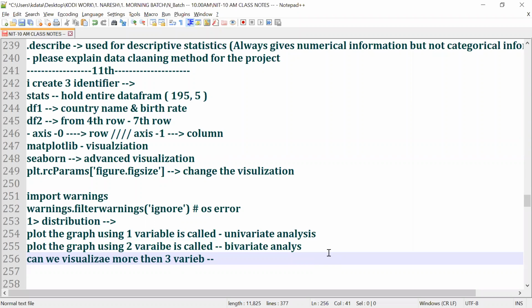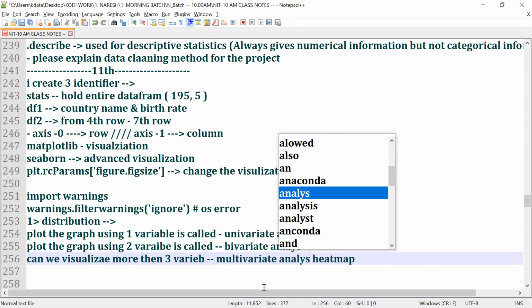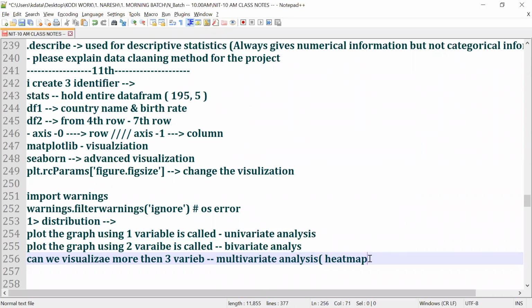Yes, we can. That concept is called a heat map. What is this? Heat map. I'll talk about it later. Everybody understand? Polyvariant, it won't visualize. You don't understand, Prasanna. I'll talk about what is meant by heat map when I talk about exploratory data analysis, in the upcoming days, all right? Yeah. Multivariate, that's right. So heat map we can use for multivariate analysis. Clear? Understand or not, all of them?